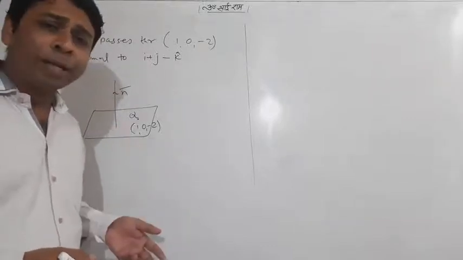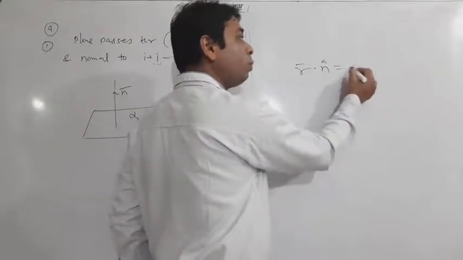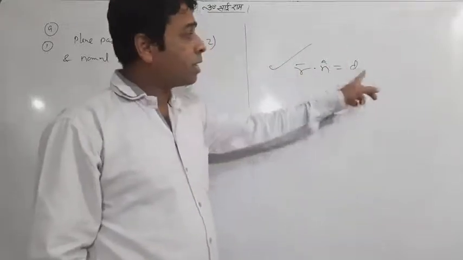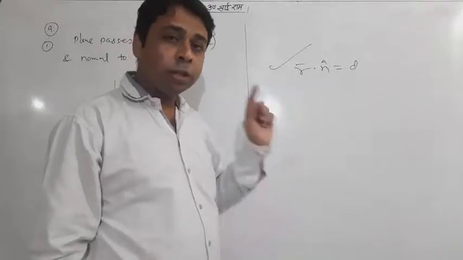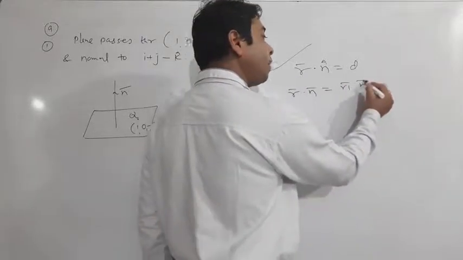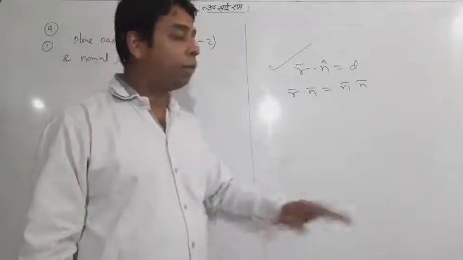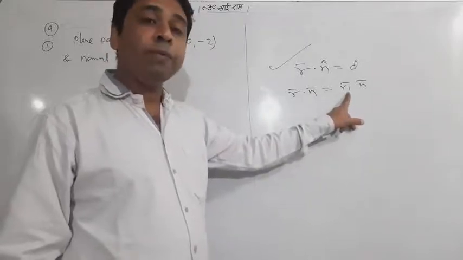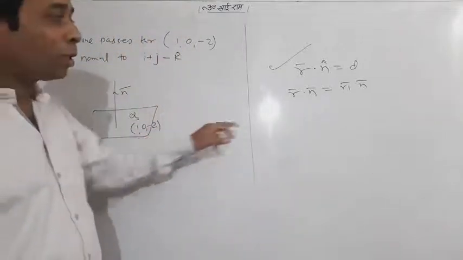So do you think we have a one point form of the plane, because the plane is passing through one point and the point is given, so we have to use the one point form. How many forms of the plane do we have? First we had seen r dot n cap equal to d. When will this formula be used? When d is given, the perpendicular distance of the plane from the origin. Second, r dot n equal to r1 dot n, which I am going to use in this question, where r1 is the position vector of the point by which the plane passes. The plane passes through 1, 0, minus 2, so this is r1.